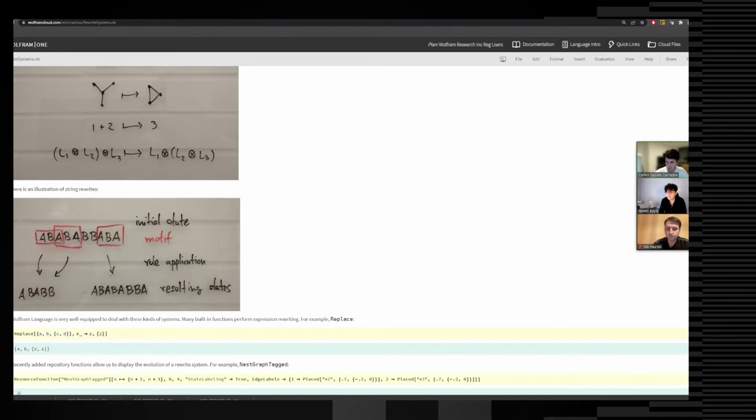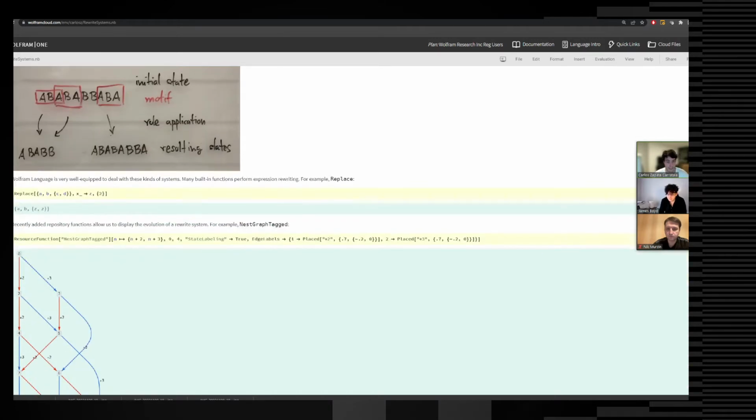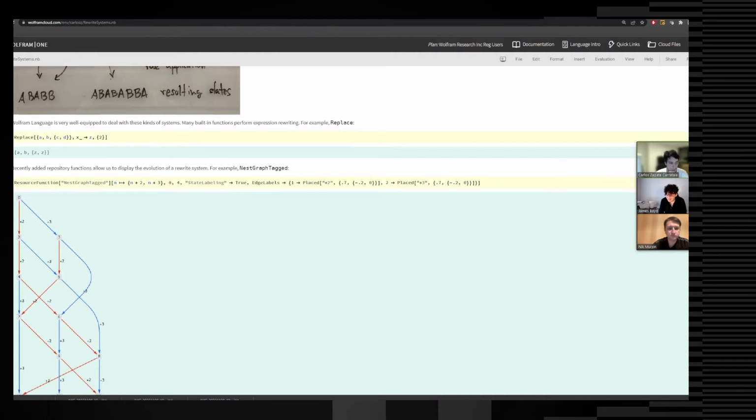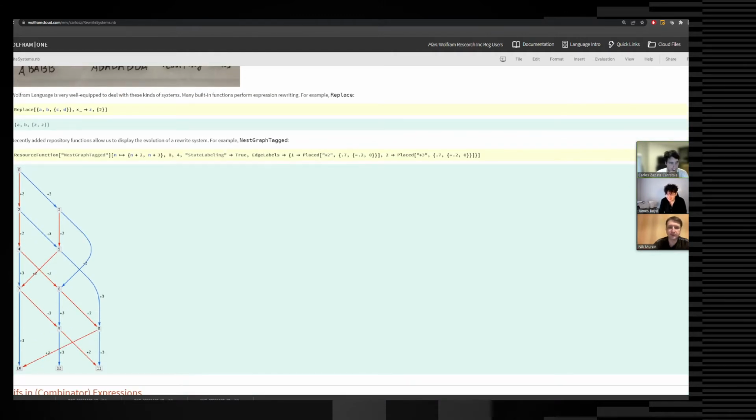I had to really get up to speed with these kinds of things. For example, there's a very nice function that was developed by Nick and Ed, is that the name of the other guy? Ed Peg? Yeah. Okay. And this is in the repository, and it basically displays what.